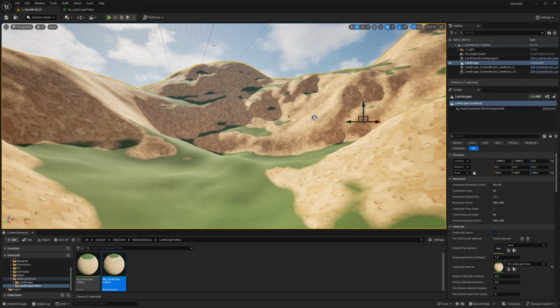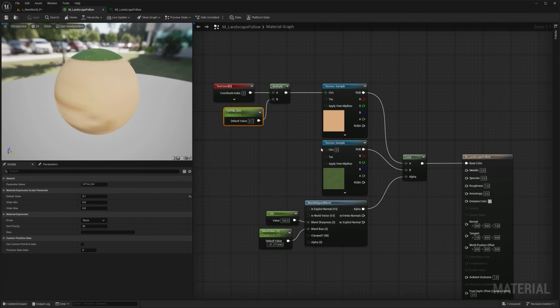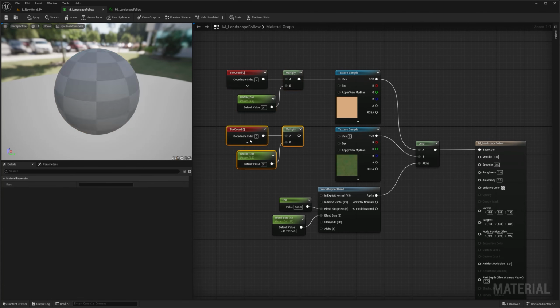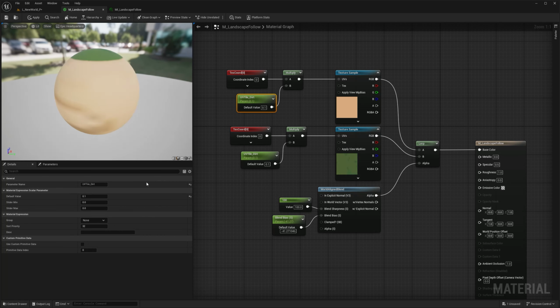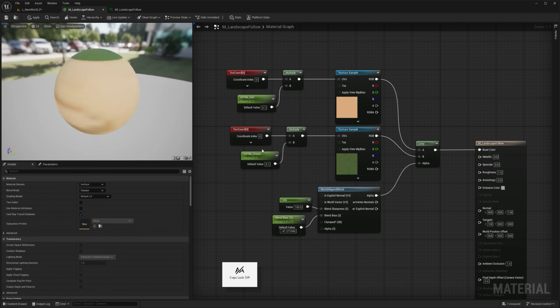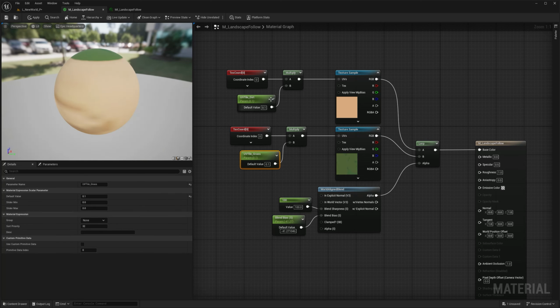So now what I need to do is just go back and do the same thing for the grass here. So I can Ctrl-C, Ctrl-V, and I can just connect. But notice, if I change this value here, it's also going to affect the other one. Why? Because they're sharing the same name. So I need to make sure that this name here is different. So I can go to this one here, and instead of dirt, I just say grass. Always change the name first, not the value. If you change the value, it's going to affect everything else, and it's going to override it. So you want to change the name first, then the value.